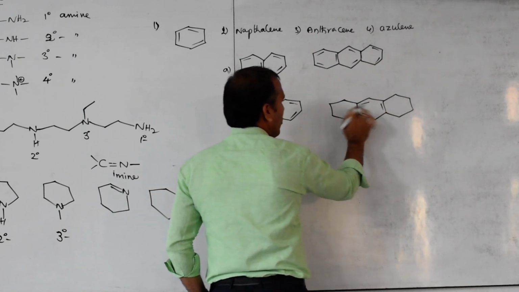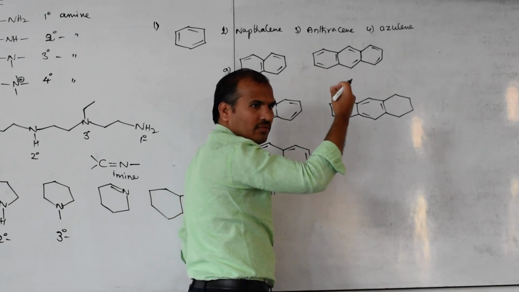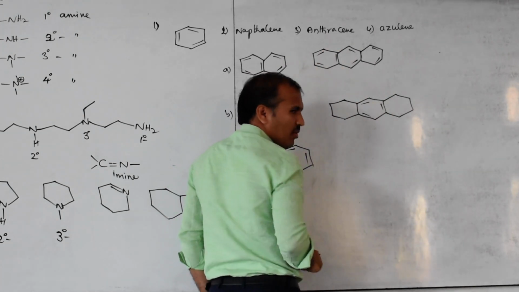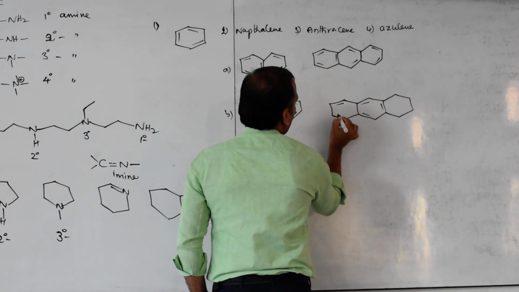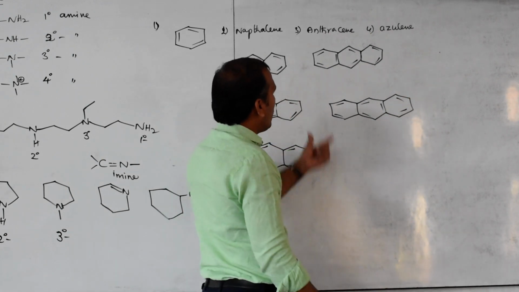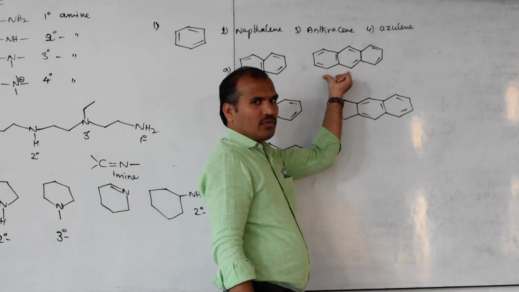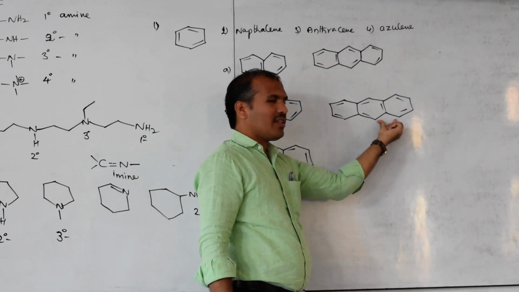Now the middle one is represented like this. Anyway, compulsorily one side will have a double bond, left side or right side, in the vertical. Here a vertical double bond, here a vertical double bond. Then it is alternate. So now these successive adjacent ones are benzene-type rings. This is not. Here two are benzene-type rings. This is not.